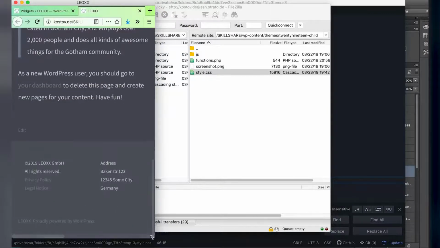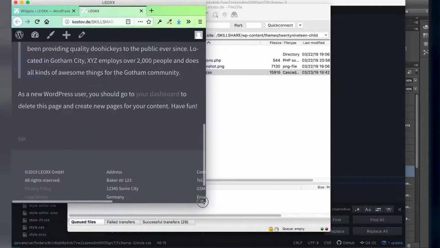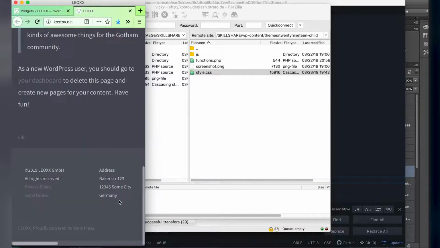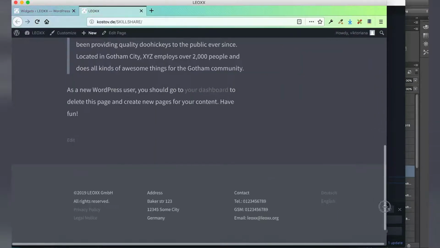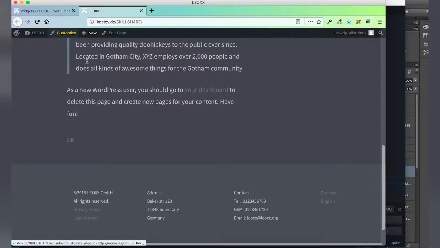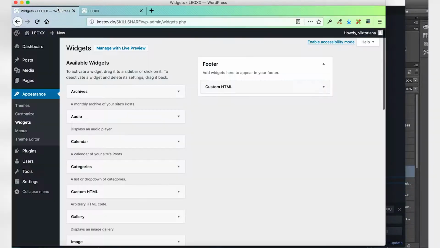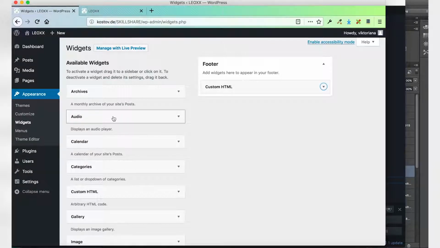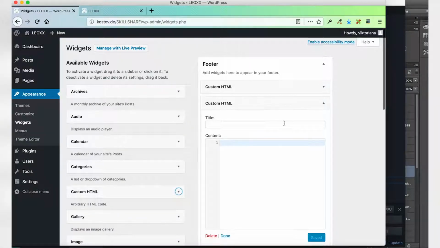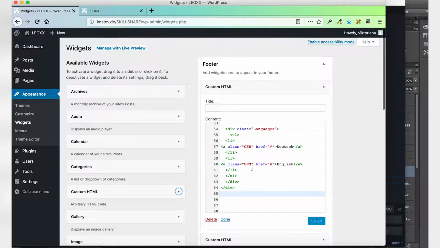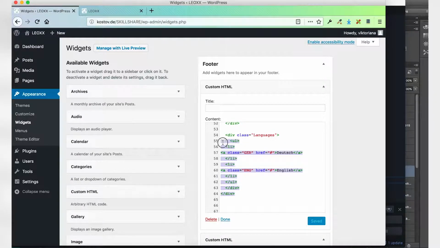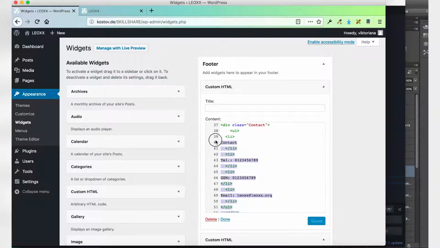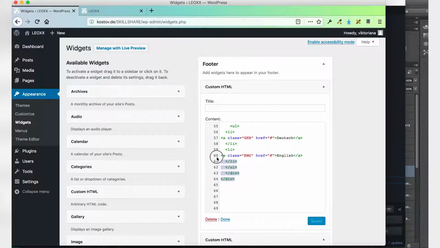responsiveness. If I watch this on the iPhone, on the smartphone, I'm going to see only 2 of the lists. So I'm forced to create 2 widgets with custom HTML, and this is going to change here. So I'm just going to create another widget, custom HTML, and copy these last 2 lists, which is, I believe, contact and languages. Yes,